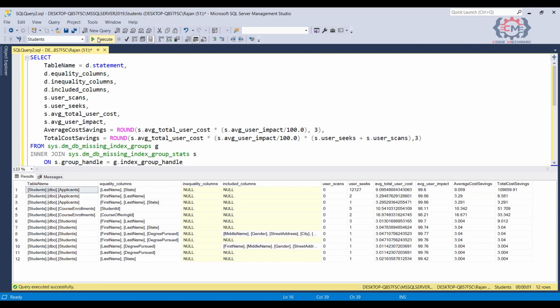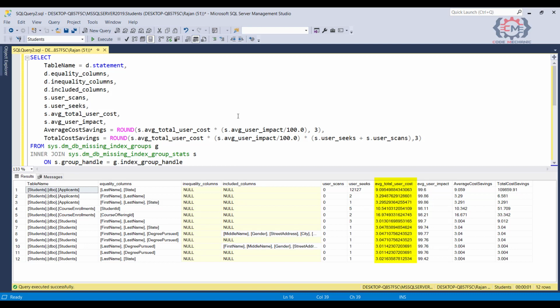Mainly, you are going to be looking at the column called equality columns, because most where clauses and join clauses are based on the equality relationship. We also see that we have some stats about why SQL Server thinks this index would be a good idea. These two columns here, user scans and user seeks, represent the number of times that SQL Server could have used this index had this index existed. So, for this top row, this means that SQL Server could have performed an index seek operation against this index over 12,000 times had the index existed.